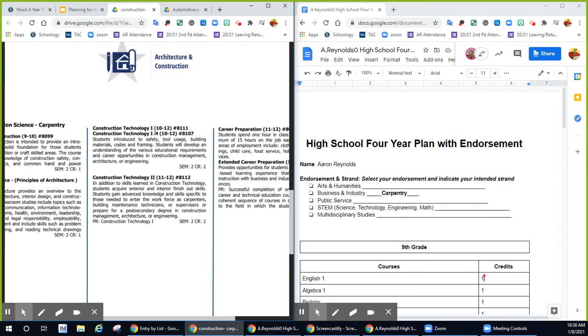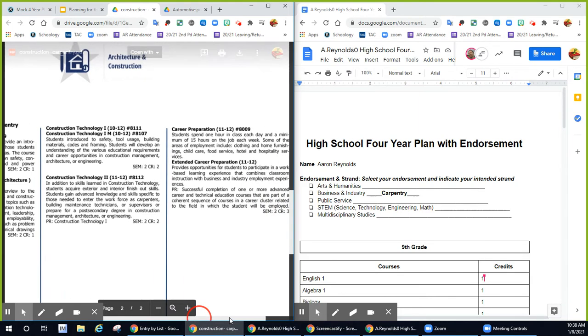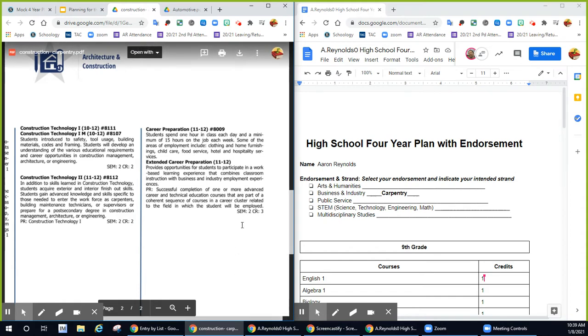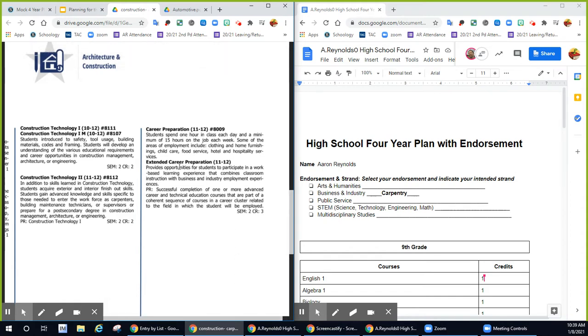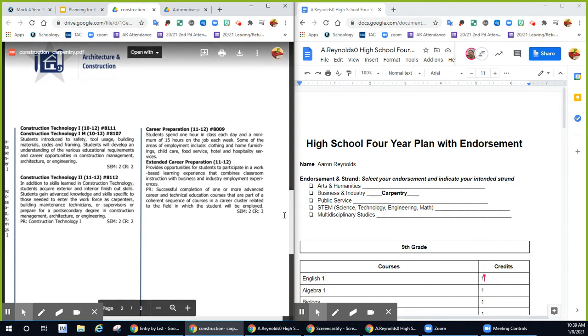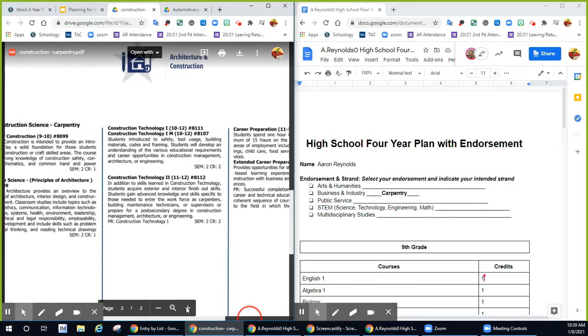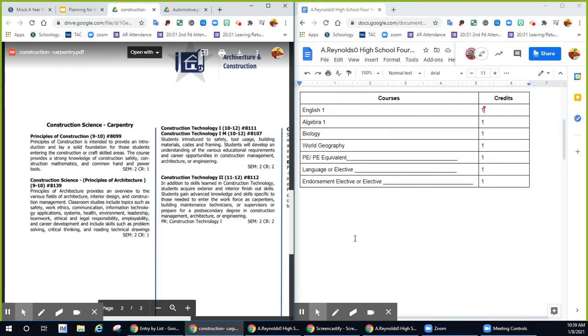Construction Tech 1 and the management class, because you have to take them at the same time, it's considered a class and a lab, okay? So like when you take certain science classes in college, you have to take the biology and the biology lab at the same time, because one is the actual learning about it and the other one is the application. So because they are both taken at the same time, they are also 2 credits, even though they are 2 classes. And then you would have your career prep and your extended career preparation, which would be 1 class, but worth 3 credits. Yep. So you will see at the bottom here,